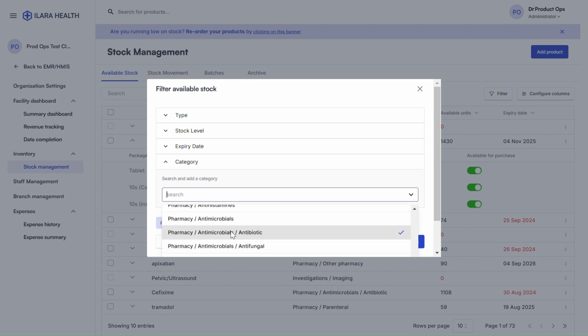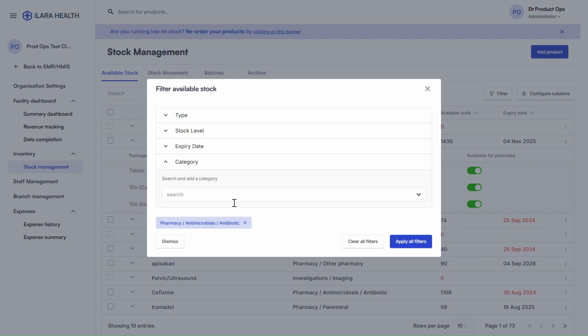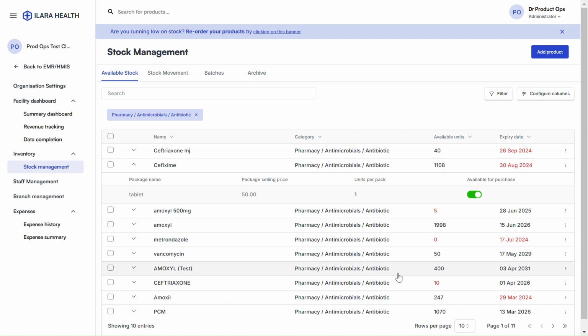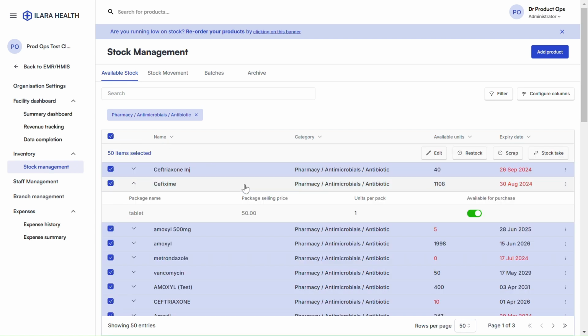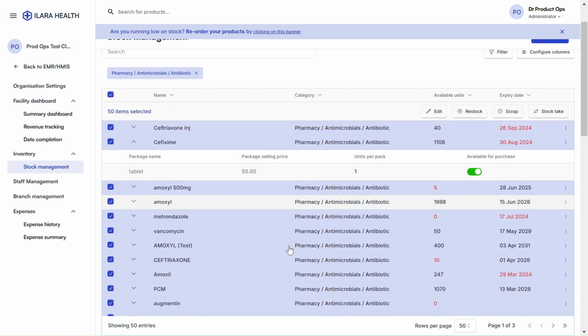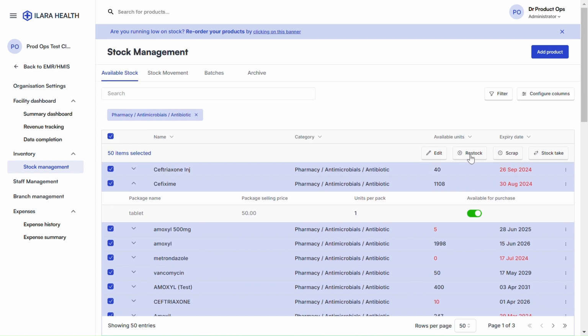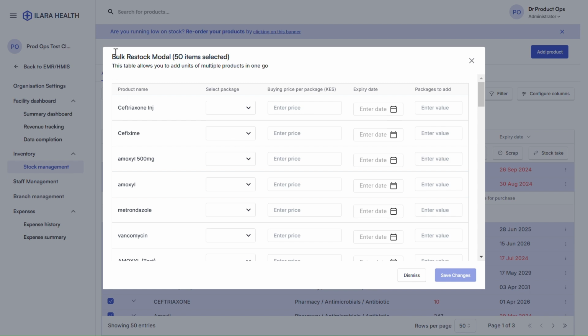If they are antibiotics we want to do a restock for, we will select that, apply all filters, and we will be able to see the list of antibiotics. We can indicate at the bottom here that we want 50 displayed per page, and then we can click on this checkbox. This will select all the products, and we will click on restock to be able to do a